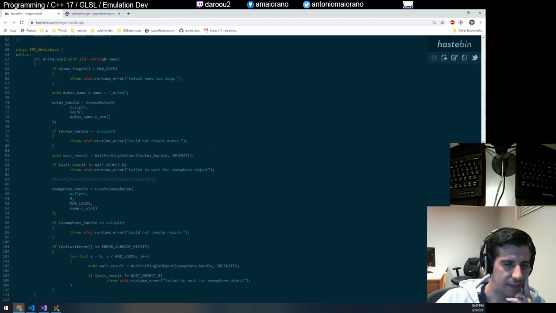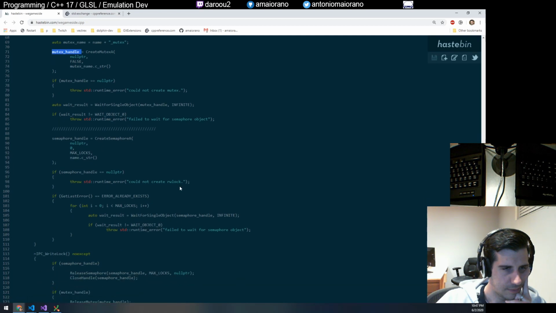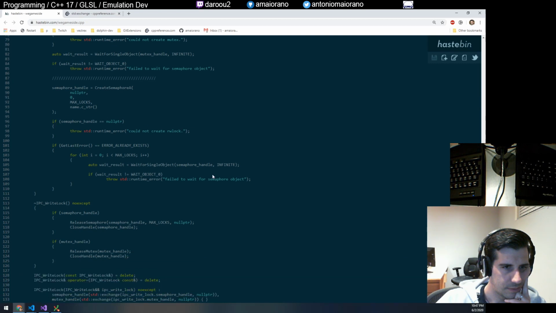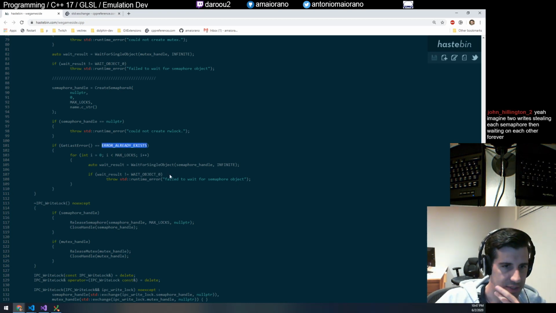So you actually create a named mutex, then you create a named semaphore. This mutex is to avoid multiple writes, I suppose. So if it already exists,